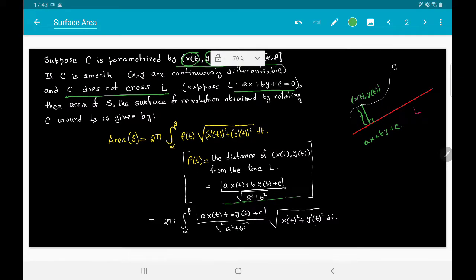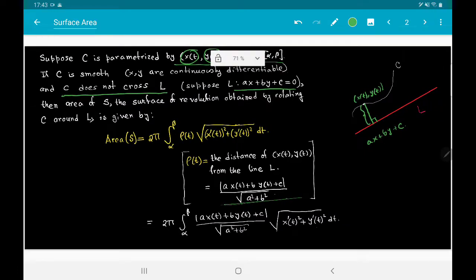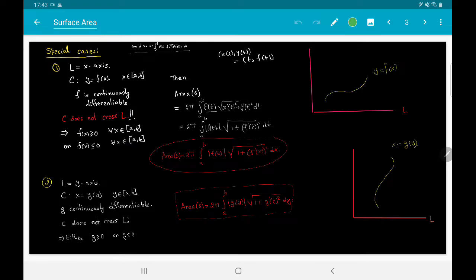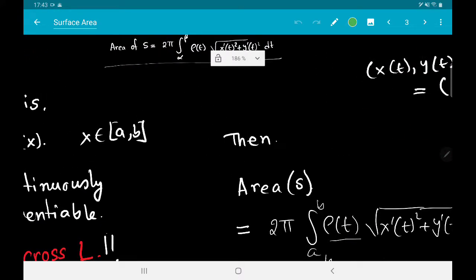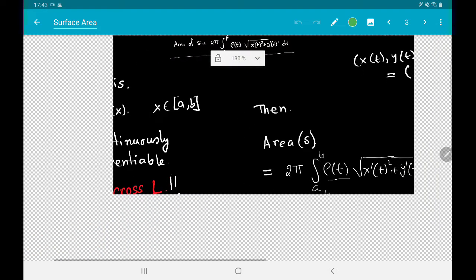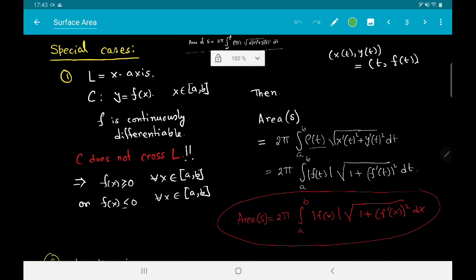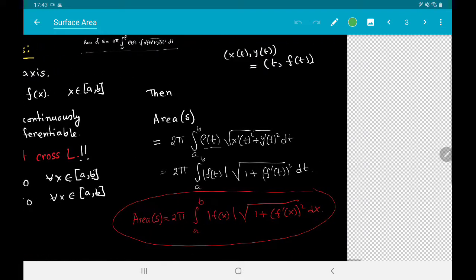So now we are going to look at some special cases, as we have seen in the case of arc length. What are the special cases? First of all, I have written down the formula here so that you do not forget about it, and we can also refer to it as and when it is required. So, some special cases. First, suppose that I have